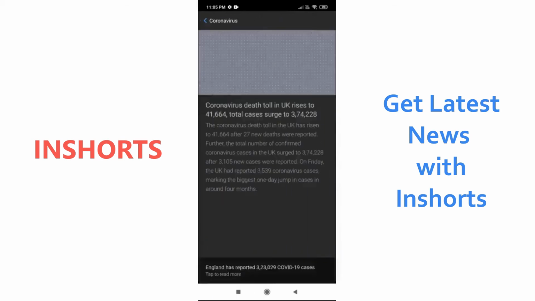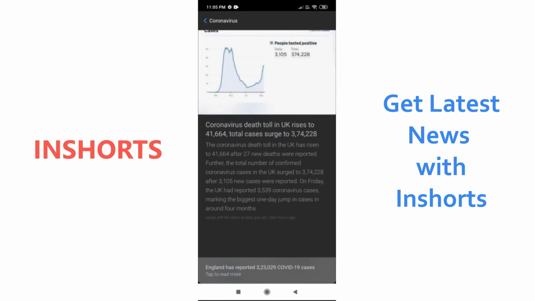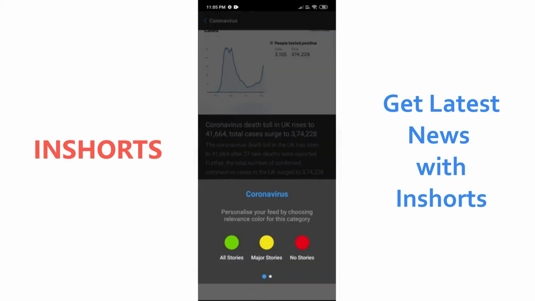Or let's say I want to read something about coronavirus, because I'm really concerned about coronavirus. So this is the latest news about coronavirus. The coronavirus death toll in UK rises to 41,764. So if you want to